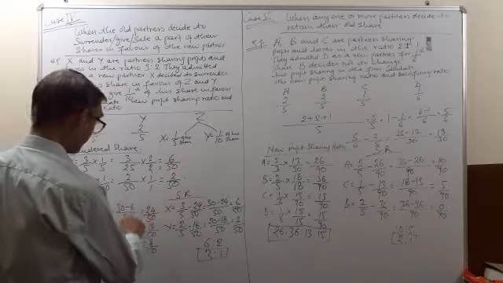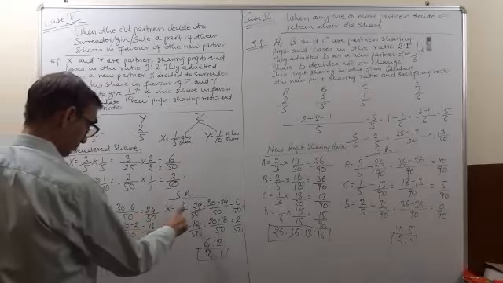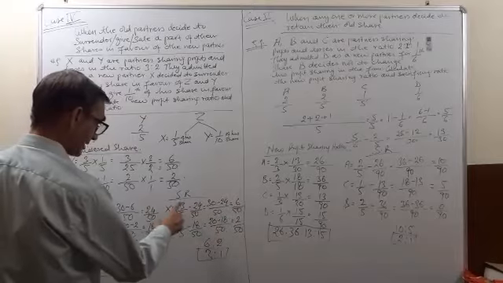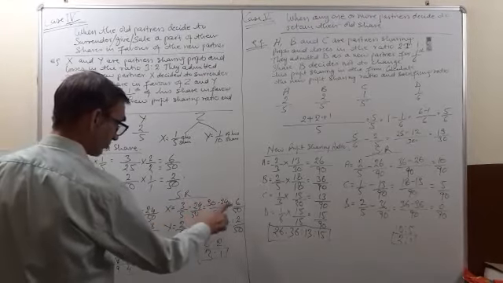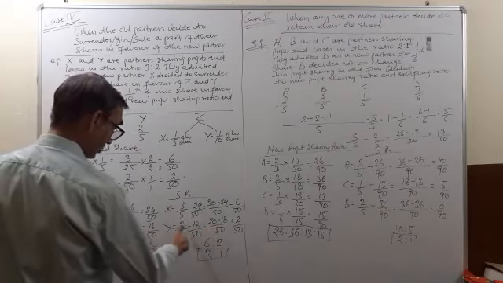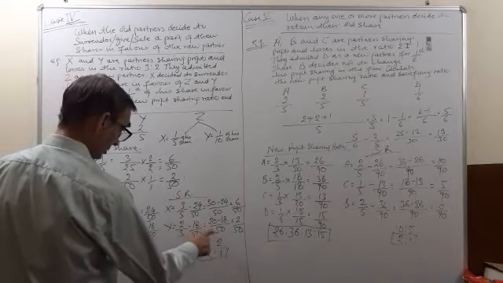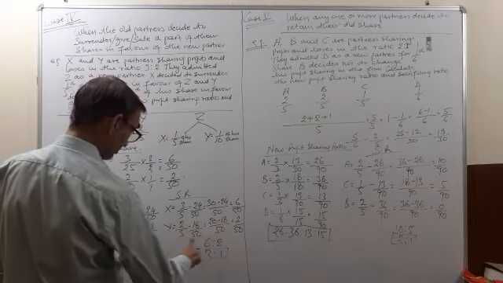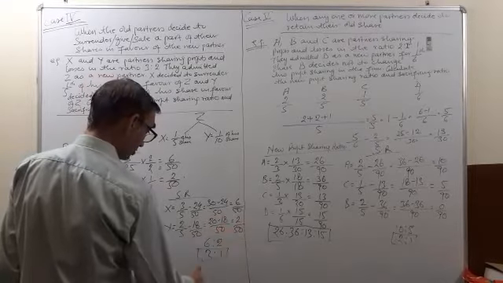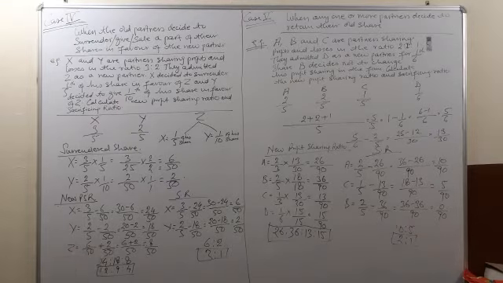In case of X, old ratio was 3/5. New ratio is 24/50. 3/5 minus 24/50, 50 is the LCM. 5 10s are 10, 3 10s are 30, minus 24 is equal to 6/50. So in case of Y, 2/5 was the old ratio, 18/50 is the new ratio, so we will subtract it. So 50 is the LCM, 5 10s are 10, 10 2s are 20, minus 18 is equal to 2/50. So 6 is to 2, or 3 is to 1 after simplification, is the sacrificing ratio.